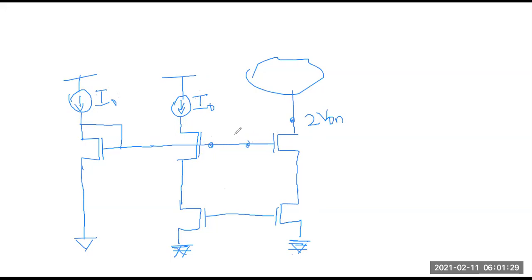So this is whatever. 2V on plus Vt. Okay. So this is 2V on plus Vt. So now this is V on. Yes or no? This also you want V on. Okay. But we need a bias voltage. How will we generate it? Some bias voltage is required. So that's why we are making a diode connected type. So what will we do?